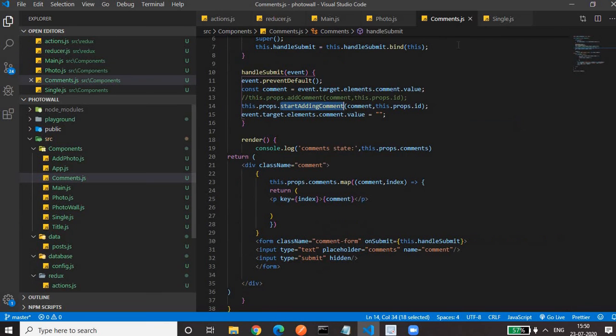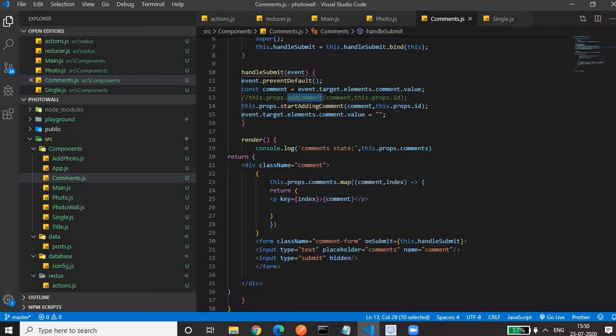The only change in the comment.js file is that earlier we wrote props.add comment, because there we didn't have any database. At that time we only needed to update the store. The disadvantage of updating only the store is that if you refresh the page, whatever we have stored in the store gets lost. That's why we need the database. As earlier we had only the store, we were calling the action directly. But now we have a database, so we have to call this function. It will trigger this add comment action.